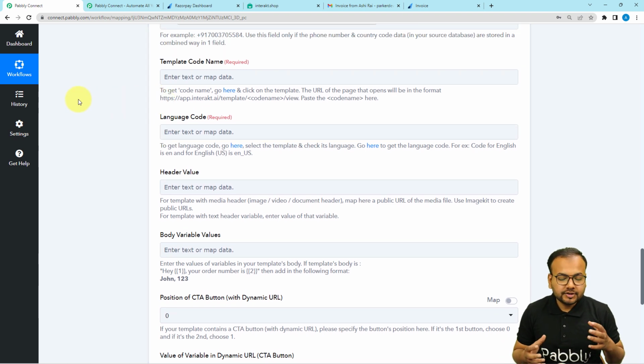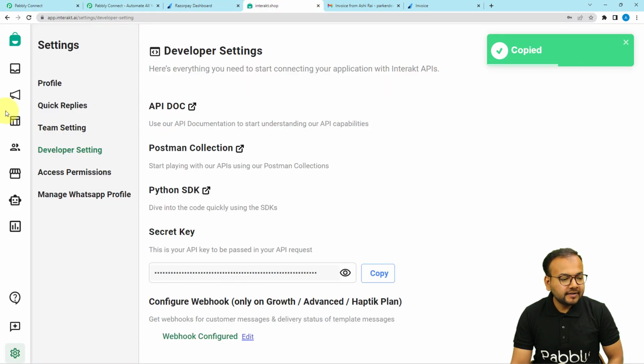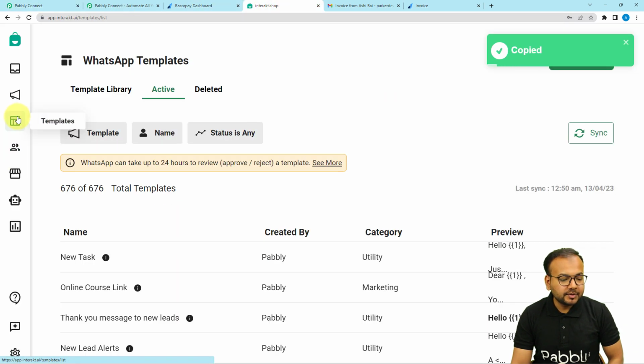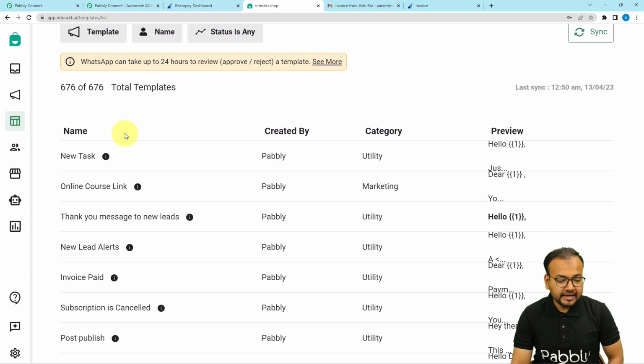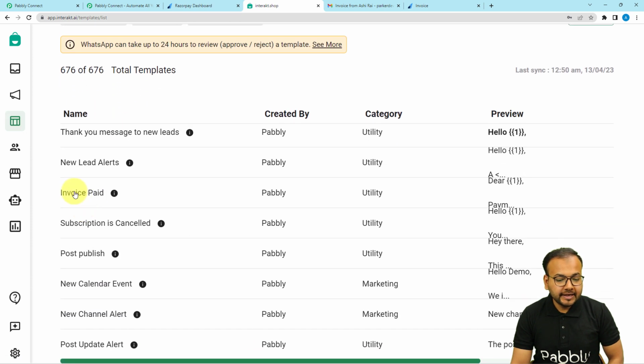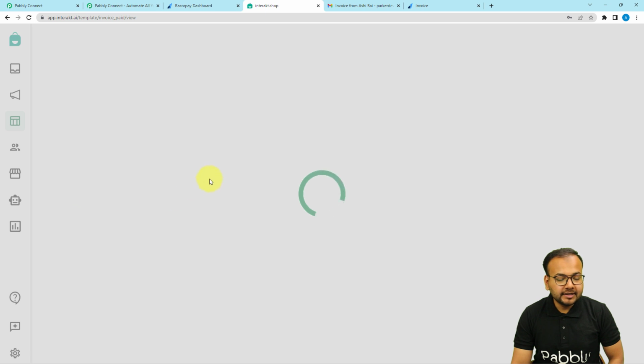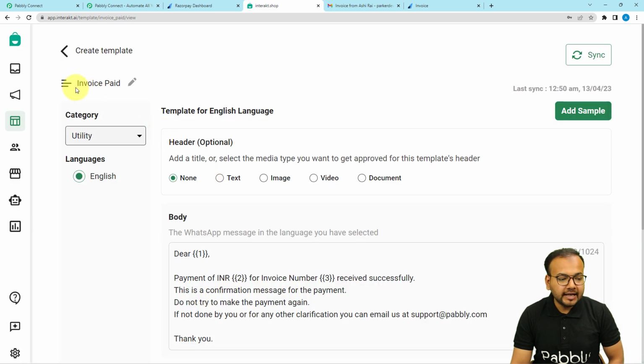So guys, for sending messages on WhatsApp, you first have to create message templates inside the Interact application. Message templates are predefined message structures that we can use to send messages automatically on WhatsApp. Let me show you the template that we are using here for this purpose. For sending the invoice paying confirmation, I have created this template and I have named it invoice